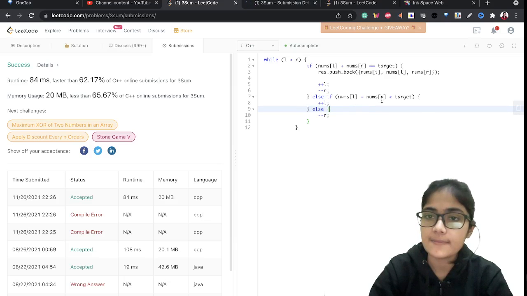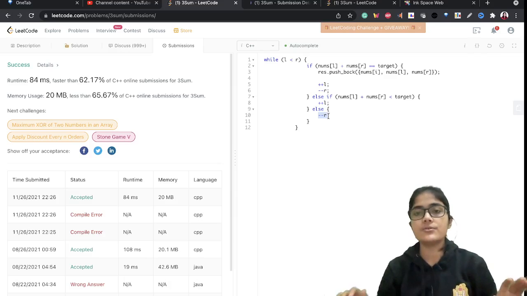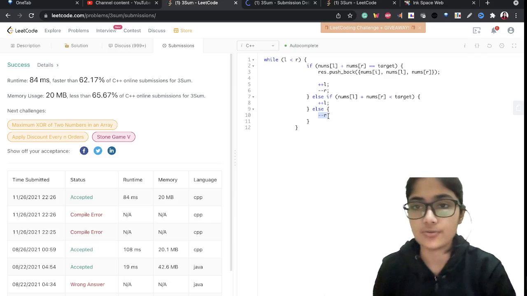Similarly, if the sum is greater than the target, then our pair will be any pair, but it will not contain the number at the right pointer of this array. I think you got my point.